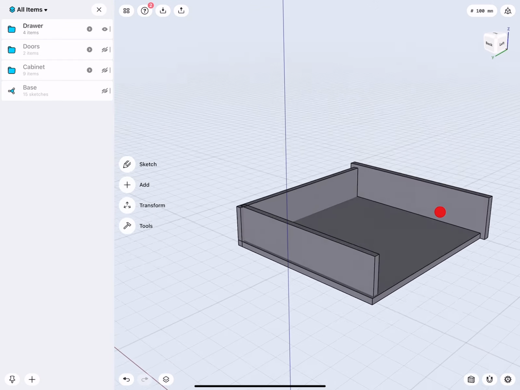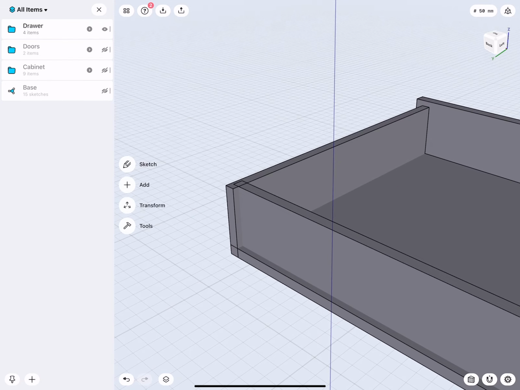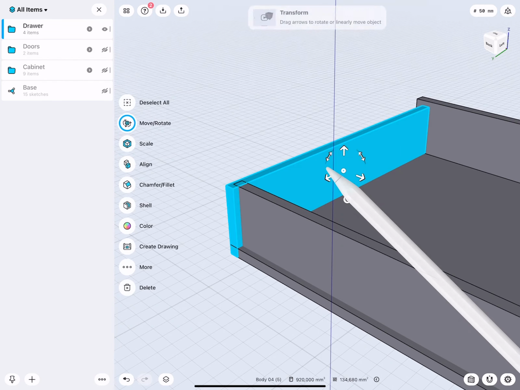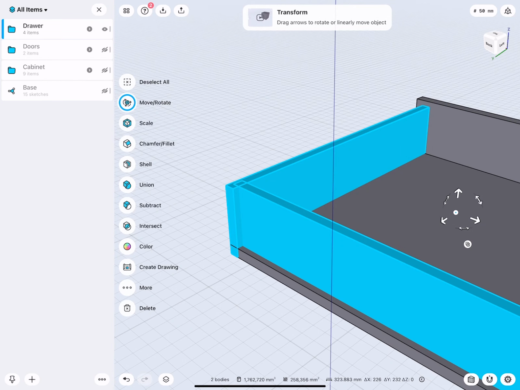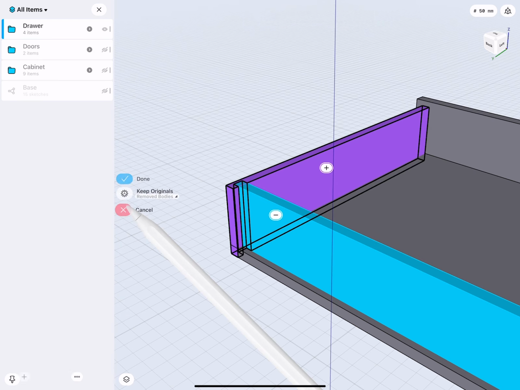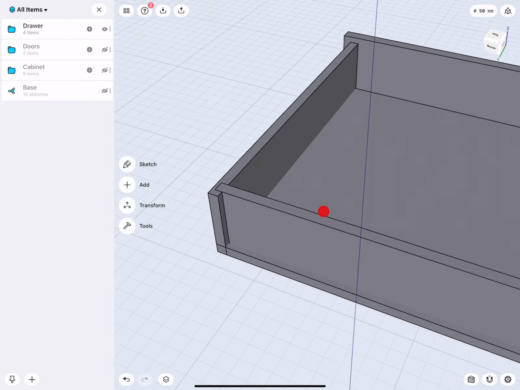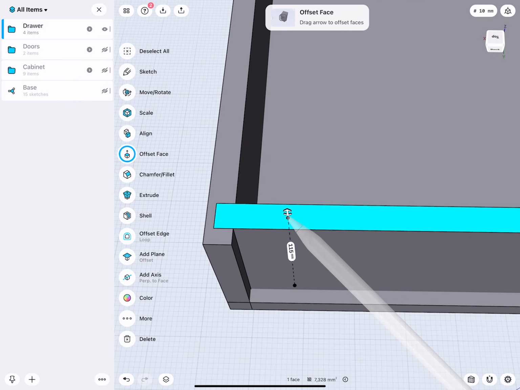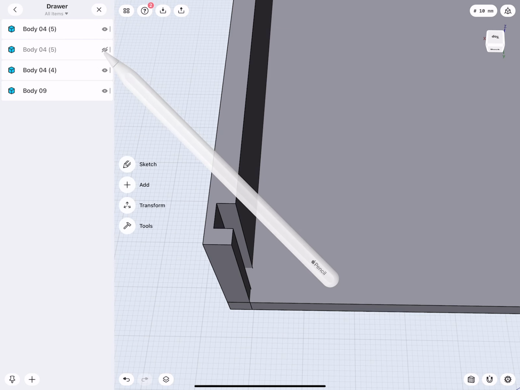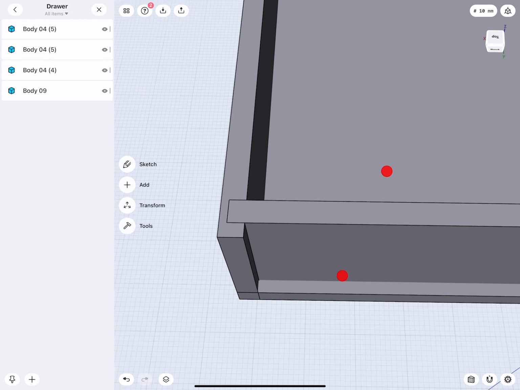Now the reason why I did this is very simple. From this object, I can remove this one. Double tap each, subtract, and we would like to keep removed bodies. Done. And look at that. It perfectly cut the opening. Very nice.